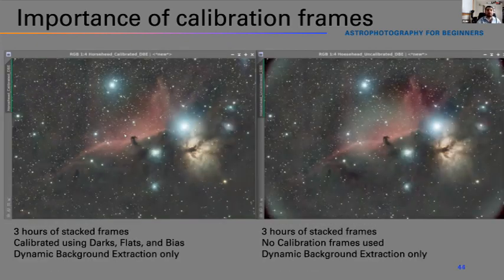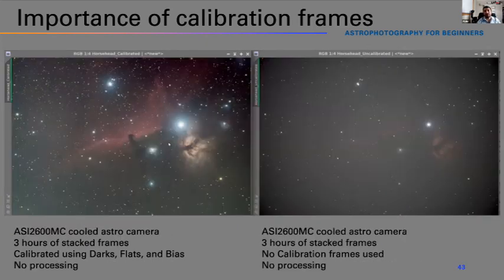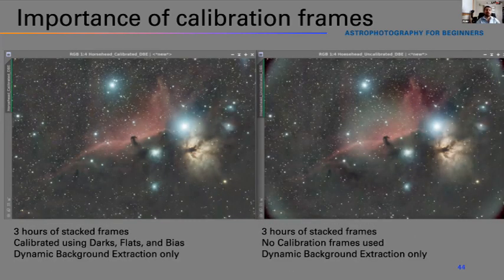Now, you might be thinking, after processing, can you just fix up the image on the right to look like the image on the left? You can, somewhat. You don't have to take flat frames. You can use dynamic background extraction, which is a process in PixInsight. But I used the exact same dynamic background extraction process in both of these images. And what you would notice is that the calibrated image is still much better. On the uncalibrated image, the edges are still darker, and there is this weird black ring around the middle that I couldn't quite correct as well using the dynamic background extraction.